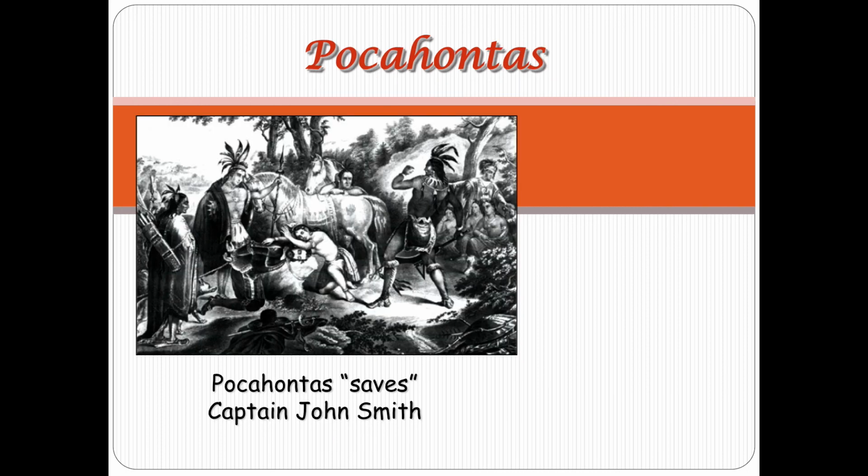And this is one of these moments in history where a lot of people aren't really sure, well, what exactly happens here. Here you see this engraving of, there's Captain Smith laying on a rock, and there's Chief Powhatan standing over him, and there's one of his warriors. He has what looks like a club of some sort in his hand. He's about to smash his brains all over the rock, and Powhatan's young daughter, Pocahontas, races in, jumps on him, claims that she's in love with him, and saves his life.